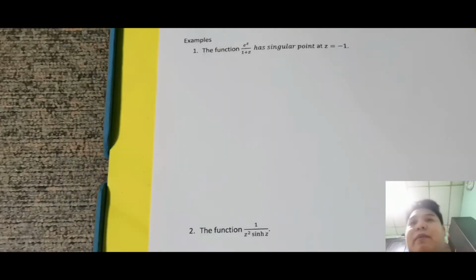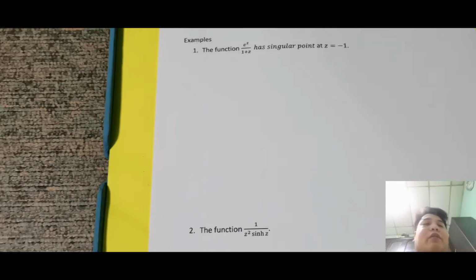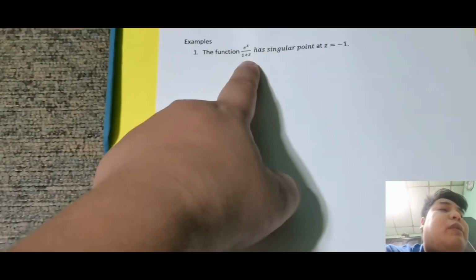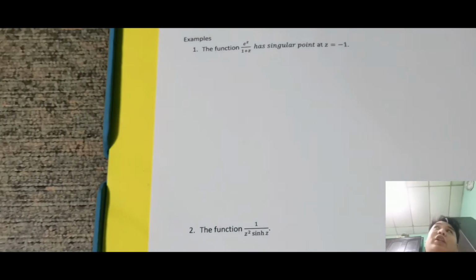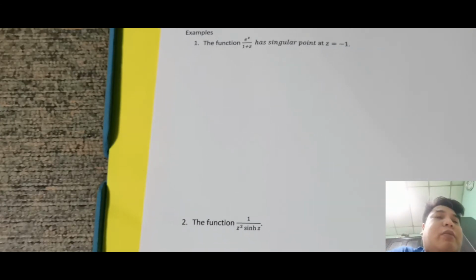Okay, so for example, try natin to. Wala naka-indicate kung multiplication or division yung gagawin natin, pero tayo na rin yung mag-analyze. Ano ba yung possible na pwede natin gawin? Okay, so example, the function e raised to z over 1 plus z has a singular point at z is equal to negative 1. Tama naman, kasi magiging undefined yung function natin pag yung z is negative 1. Okay, so meaning nag-exist yung kanyang Maclaurin series at some point. So tayo mag-decide kung siya ba ay division or